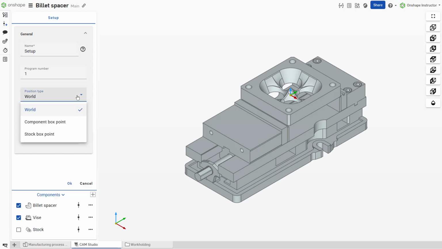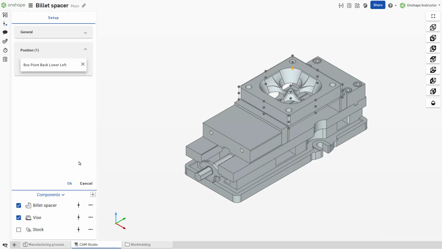Click the Position Type drop-down to define the origin of the WCS. World defines it as the model origin. Component box point defines it as a point on the part's bounding box. Stock box point defines it as a point on the stock bounding box. To select a different point for either box point option, click the Position Group box and select a point visible